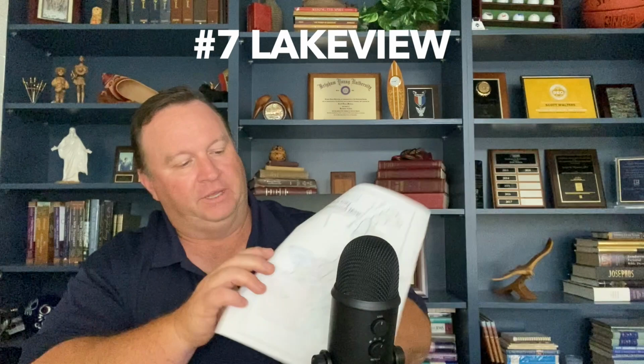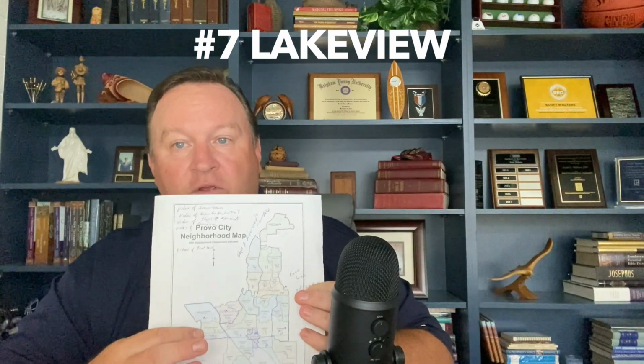Area number 7 is Lakeview. You pull out my map again. Lakeview is over here on the west side, and it's over by the lake. This is where I would say you kind of have more of the smaller homes, perhaps maybe the more affordable homes for a lot of people. And just so you know, the further west that you get as you get closer to the lake, the water table is higher,